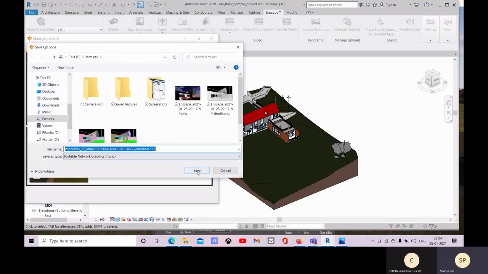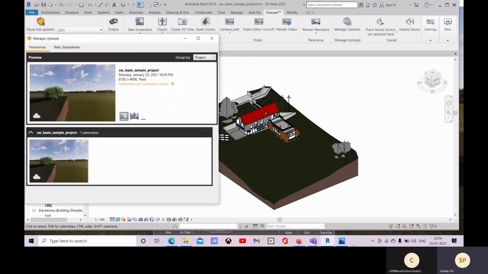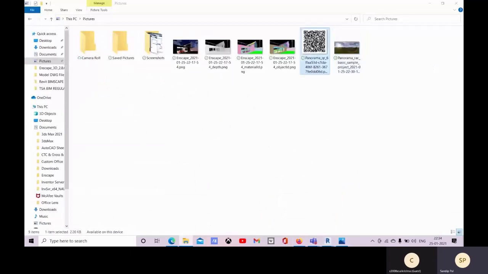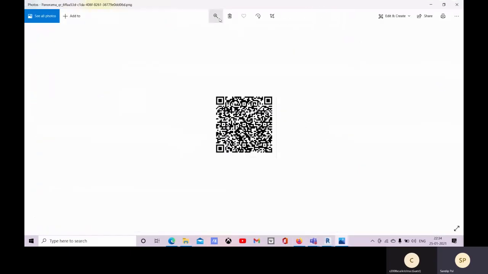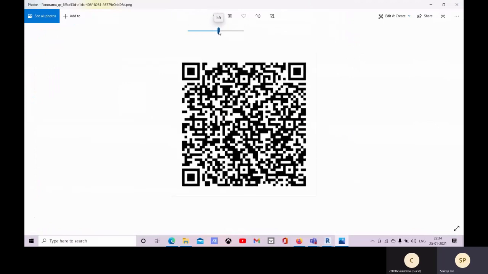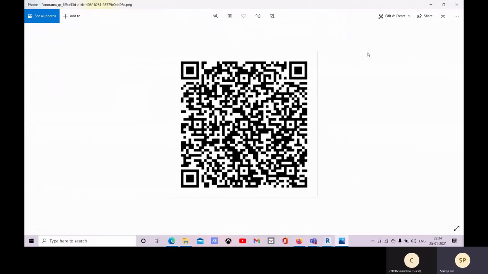Let's save this here, and let me open it again. So this is the QR code. Guys, I'll suggest you scan this and check if it is working. Scanner, we need a scanner app, right, sir? Okay, you can do it with your WhatsApp scanner.